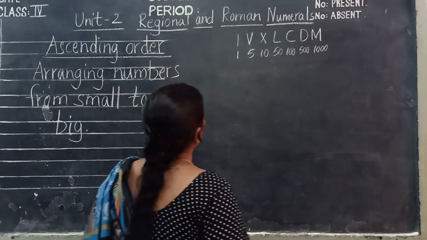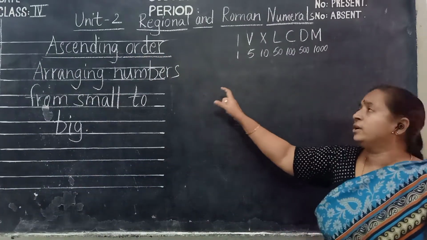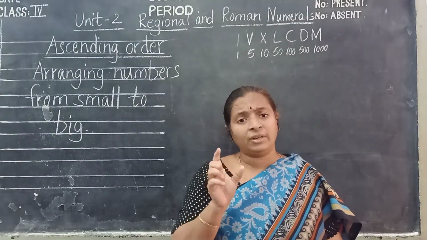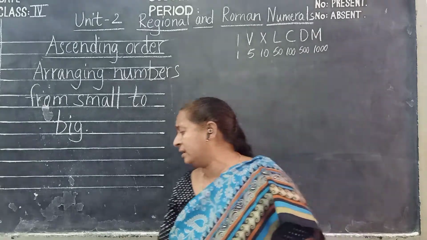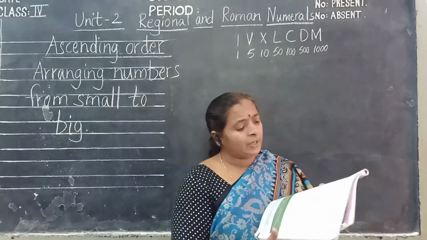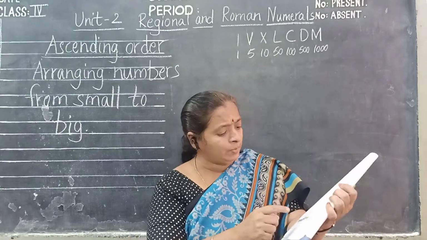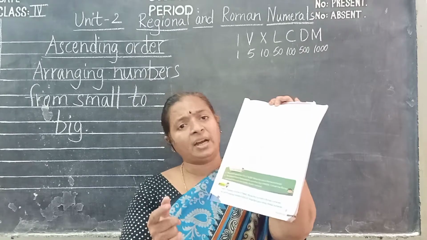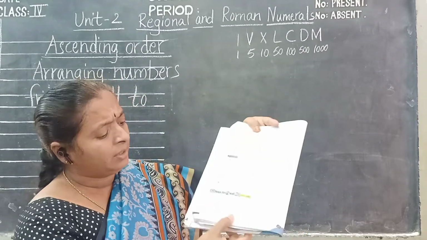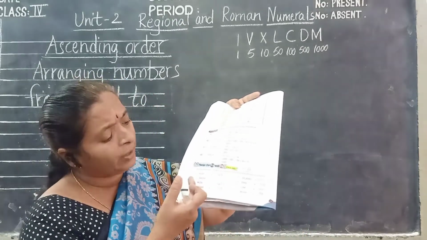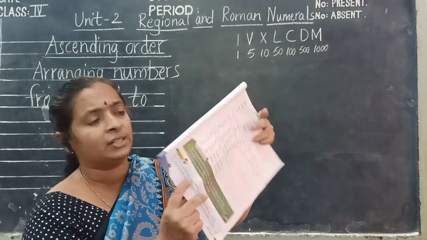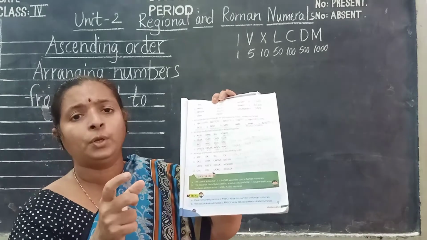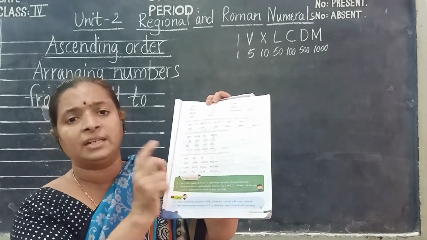This concept, children, they have given in Roman numerals in an exercise. See children, here we have previously done some problems in this exercise. Page number 100 and 101, we have dealt with Roman numerals. For Roman numerals we wrote Hindu-Arabic numerals. Now this one also we have done for homework. Now in 3rd and 4th Roman, ascending and descending order are there.